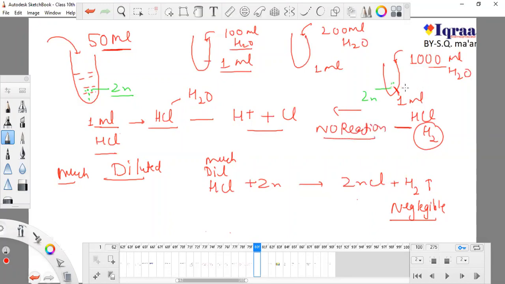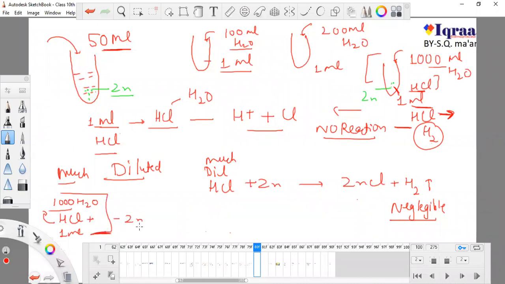Why so? Because in this condition the HCl is in a much diluted form, and it cannot react with the zinc granules. We cannot say this is HCl now, because it has lost its property, and we cannot find any acidic property in it. You can even drink this water because it is much diluted, and 1 ml of HCl is mixed with 1000 ml of water. So what is the meaning of using this HCl in this water? It is no longer an acid.